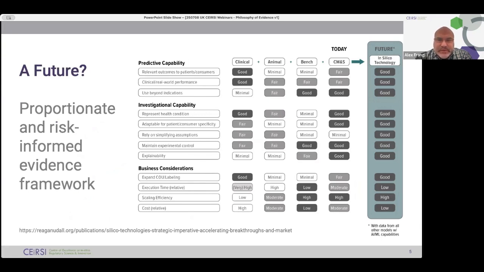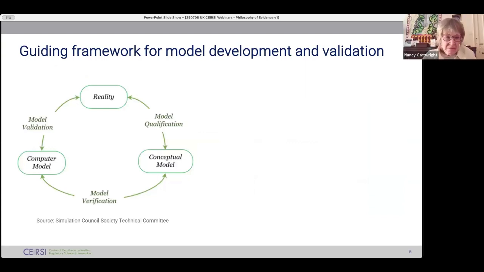And another way is to say, well, actually, we have already 3 sources. What about if we use this 4th source and we look at when each of those can be of better use and applicability? And this is what most of our colleagues, myself, tend to be thinking is the way forward, so that we actually have a more proportionate risk-informed evidence framework that builds on existing approaches and complements those.